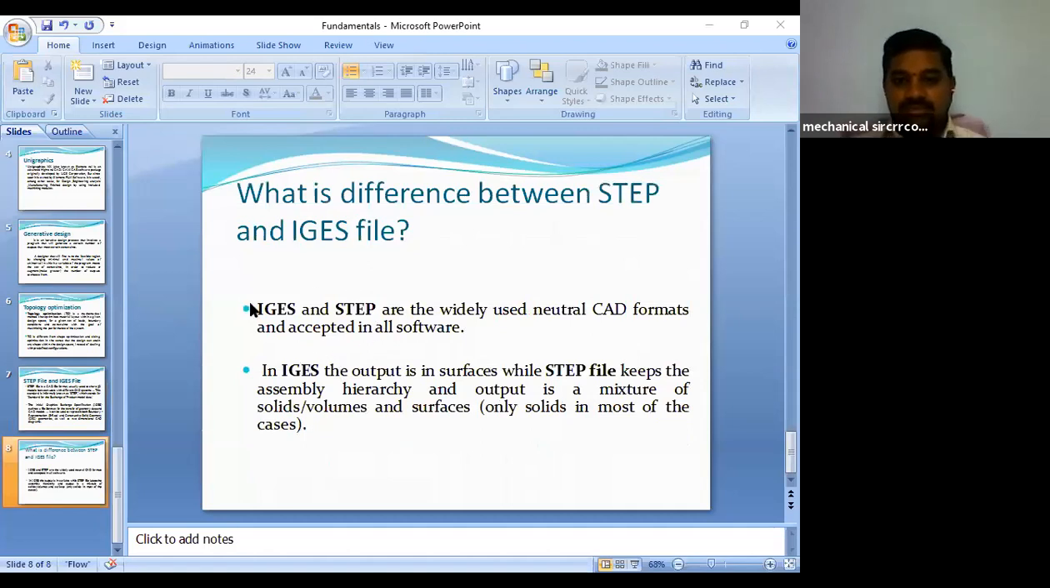So the basic difference: IGES and STEP files are widely used neutral CAD formats, acceptable in all software. In IGES, the output is in surface, while STEP files keep the assembly hierarchy. So these are the particular differences between these formats. In IGES, the output